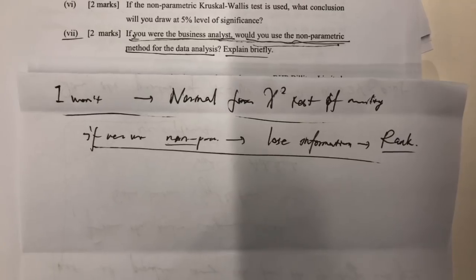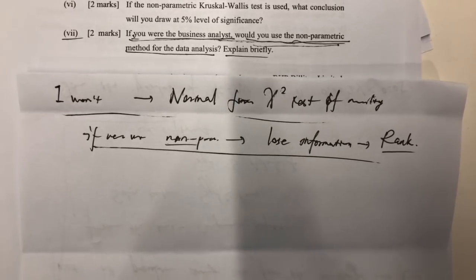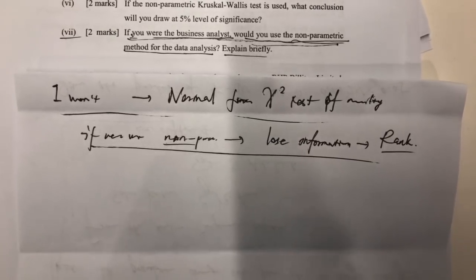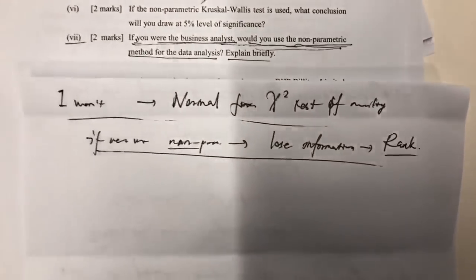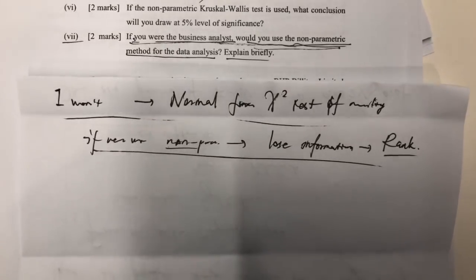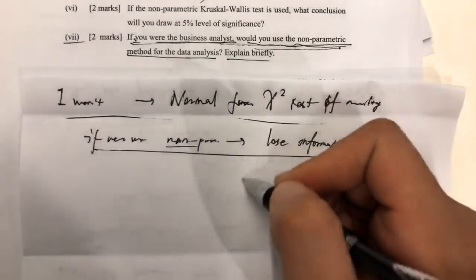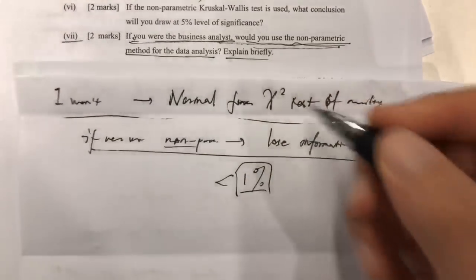Jia Hao Lu, do we need to calculate the H by formula? I'm not quite sure, but in history, the calculation has not been examined, but anything can happen in this semester, right? So you better know how to calculate the H, okay? But I know it's too complex. I mean, it's impossible for them to give you the rank and then you calculate the H, right? It's too complex. So the possibility of testing it is probably less than 1%, okay?